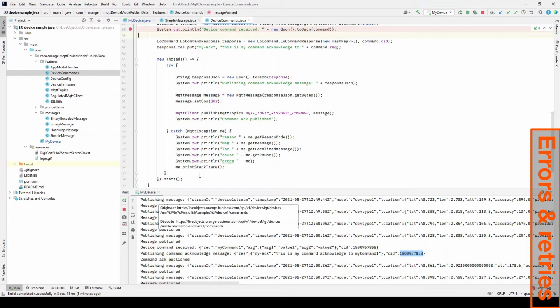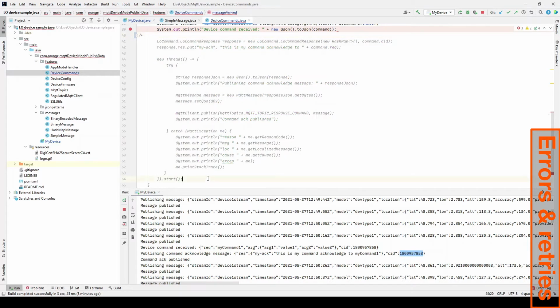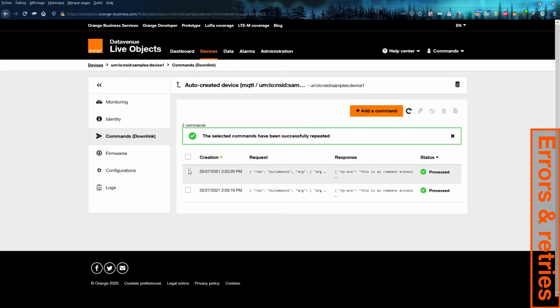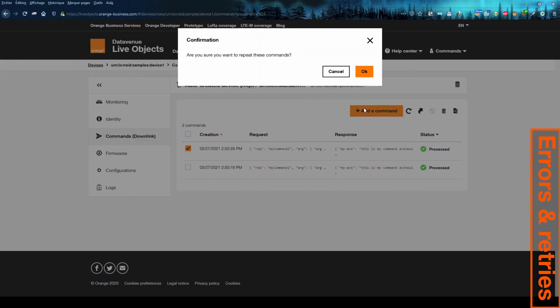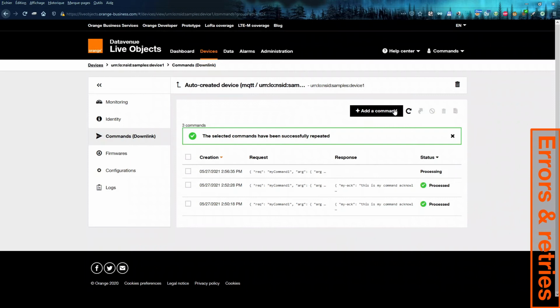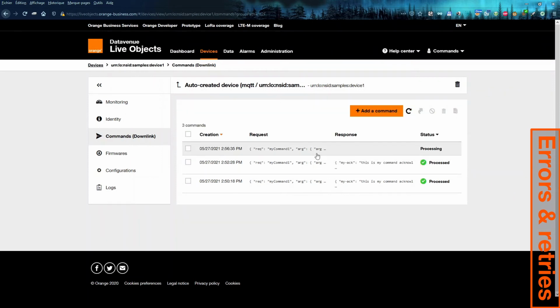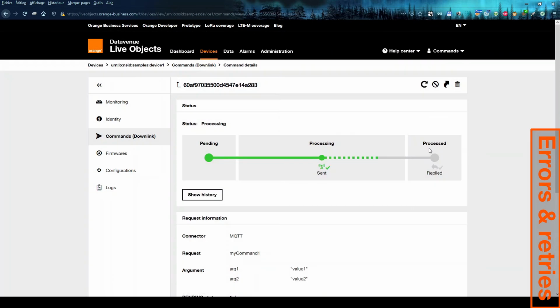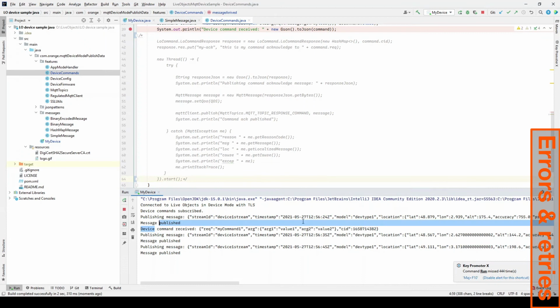What happens if I stop responding to the frame? So here, let's repeat the command. So we see the command that is in the processing state. It has been sent to the device. Yes, the command has been received here.